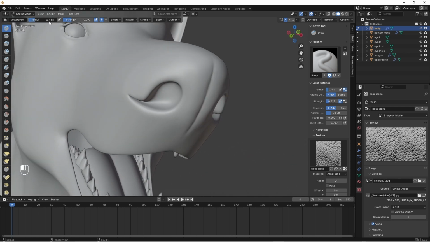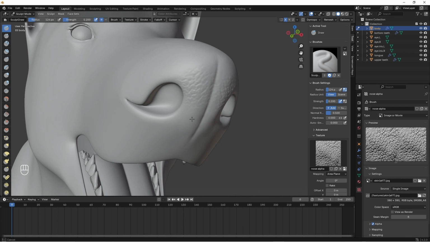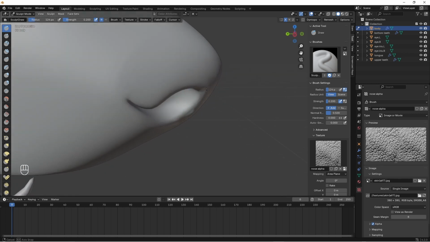The anchored stroke method creates a single dab at the brush location. Clicking and dragging will resize the dab diameter. The area plane texture mapping will scale the alpha texture, rather than maintaining its size and repeating it as with